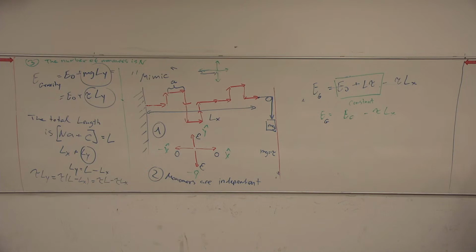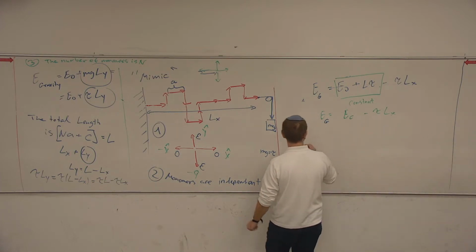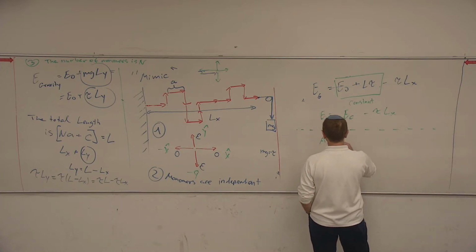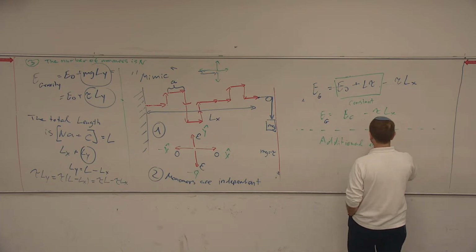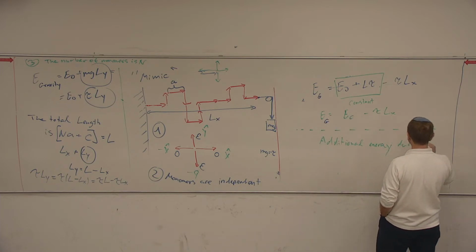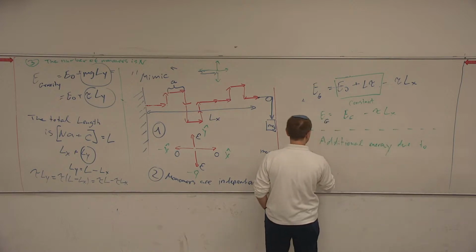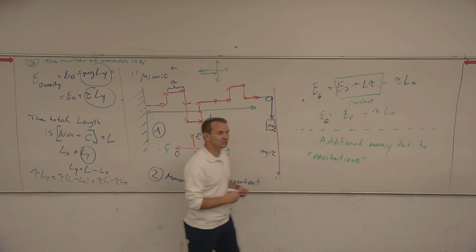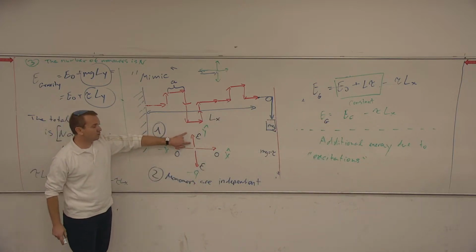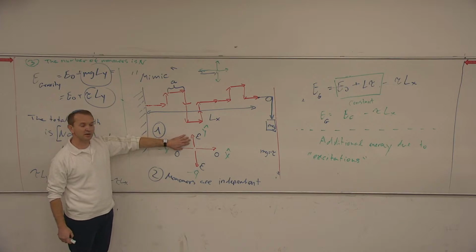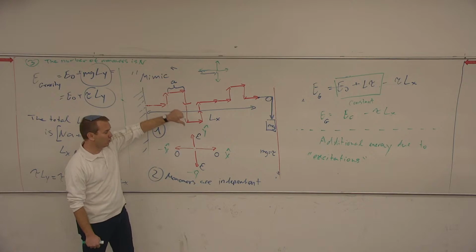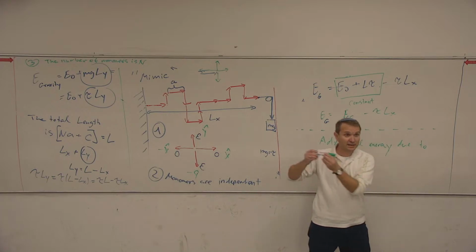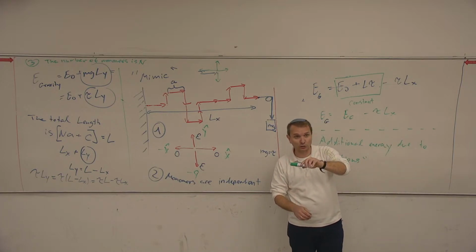What else do we have? We have additional energy, energy due to excitations. What are the excitations? Remember, there are some particles that can be in a state that they are going up or they are going down. The minimum energy for each monomer is when it lies in the direction of the force or in the opposite direction of the force.